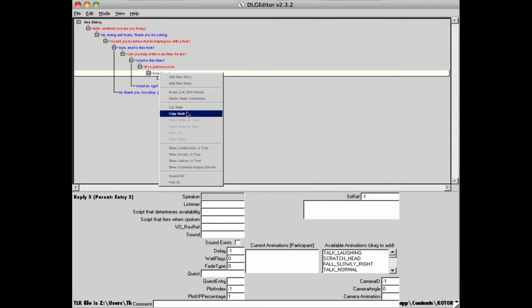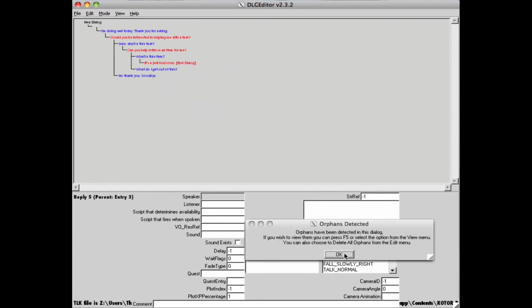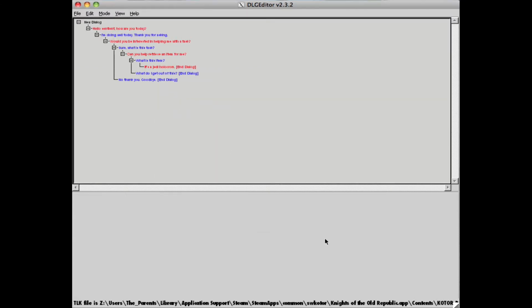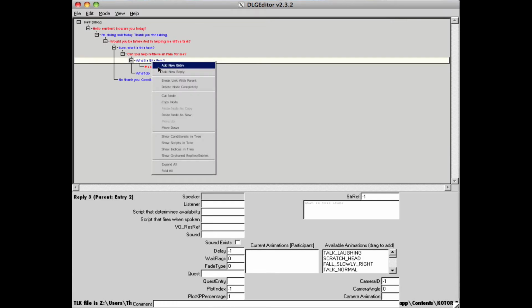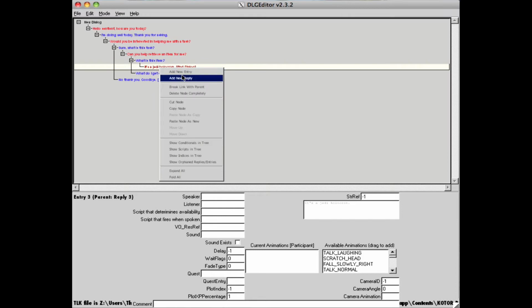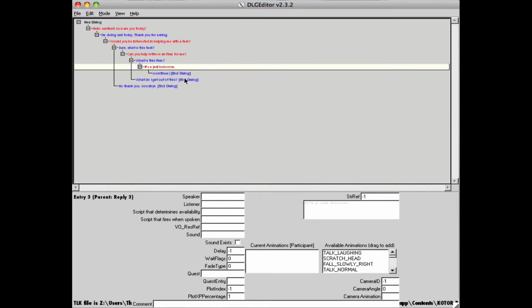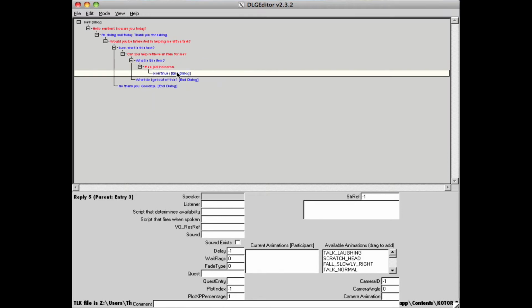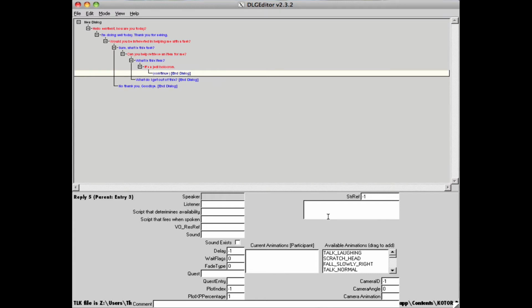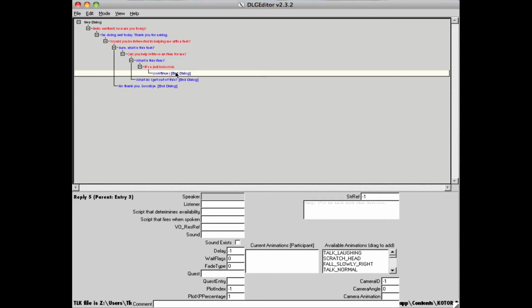Whoops, let me actually cut the node. Alright. Oh yeah, if you want to delete a line, then you right click and then click cut node. Anyway, you guys can continue this as long as you want. Make as many trees as you want. It doesn't matter. It's up to you. And so I'll just reply with, "Okay, I'll be back with that holocron." Alright, so once you do that,